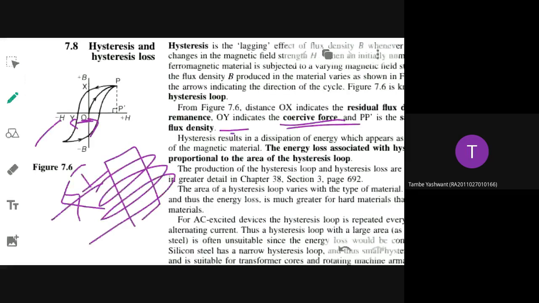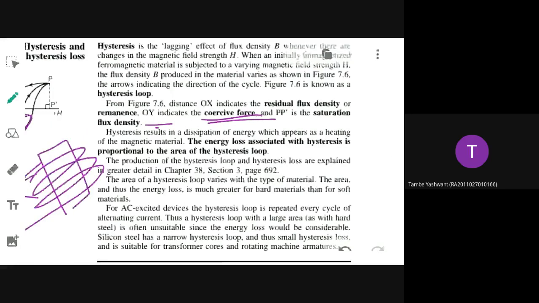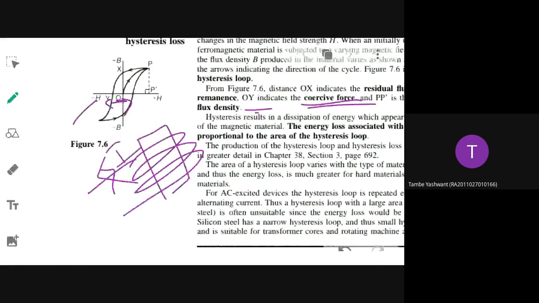That, if I forgot, I will tell you next class. Okay, coercive force. But the thing is, you will be using the same setup of magnetic specimen. You will pass current first in the forward direction, then in the negative direction, so that H becomes reversed, and you observe a closed cycle. That curve is called the hysteresis curve, and in that hysteresis curve, two things you need to remember.